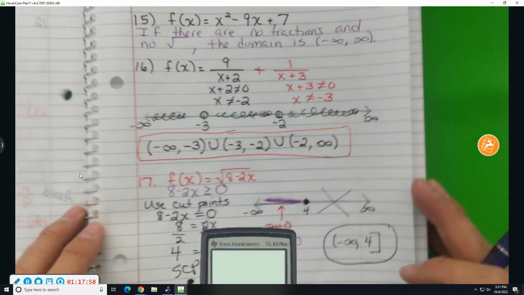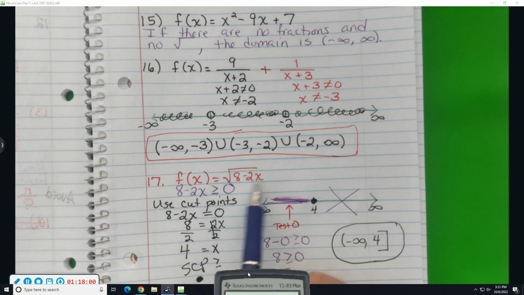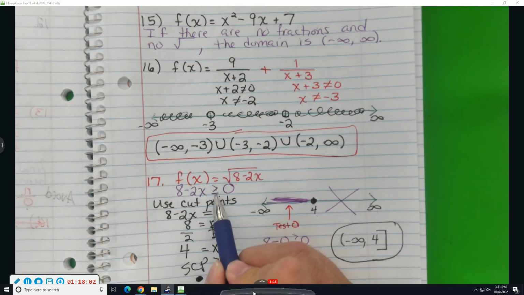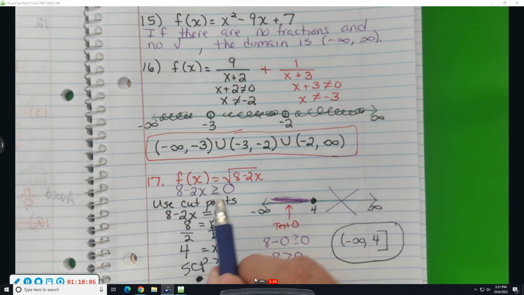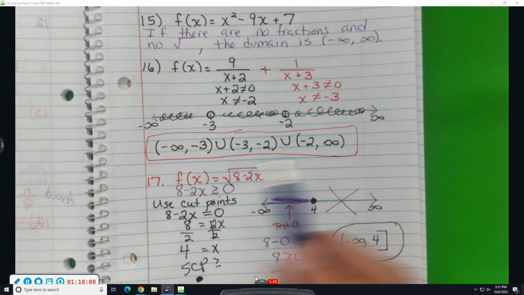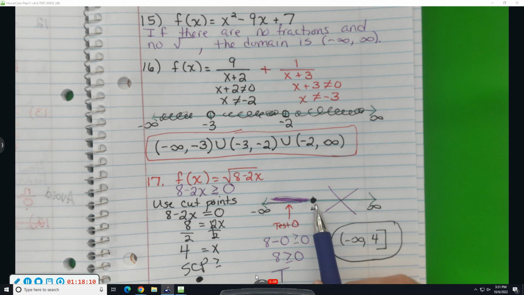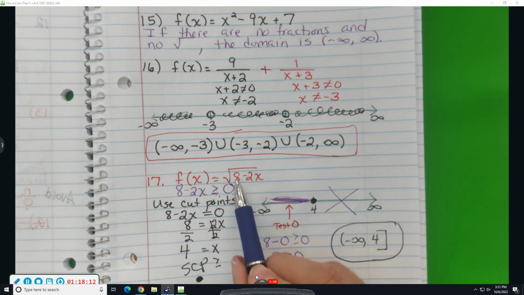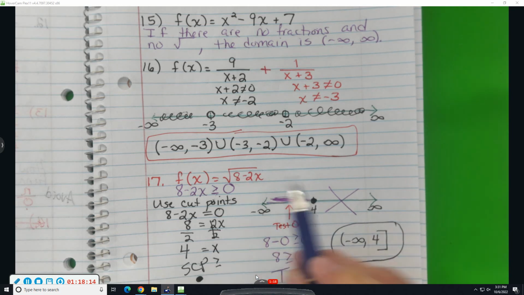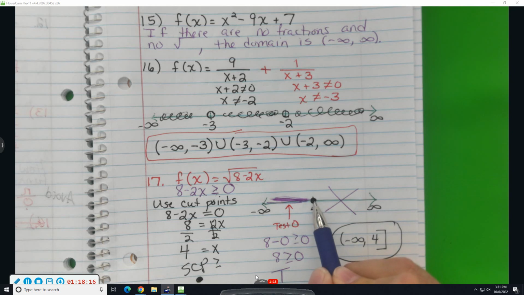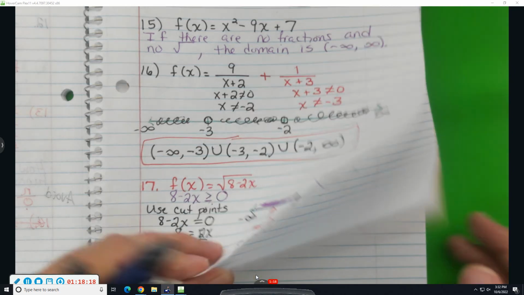But if, like on number 17, there's no fraction, you set it greater than or equal to 0. The only way it will change is in the dot. If there's not a fraction, then you're going to have a closed circle on the cut point, whereas with the solution cut points,